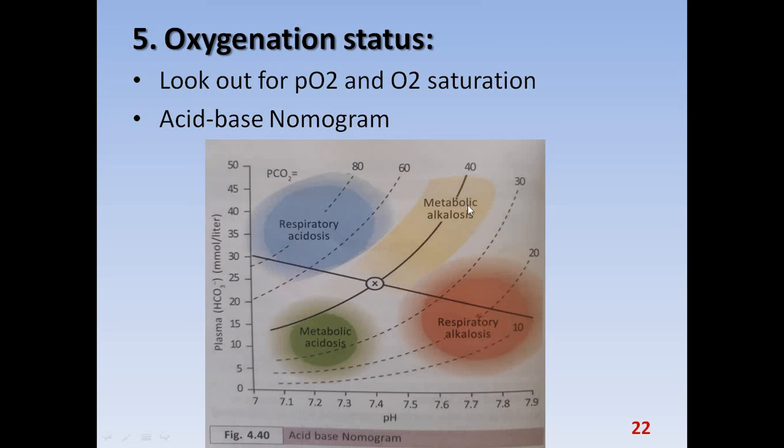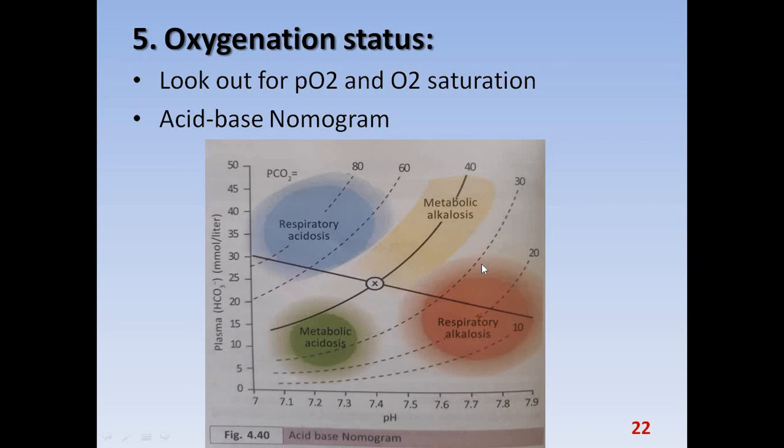In metabolic alkalosis, we can see that the bicarbonate is also on the higher side. In respiratory alkalosis, the bicarbonates are on the lower side, and this plot is for the partial pressure of